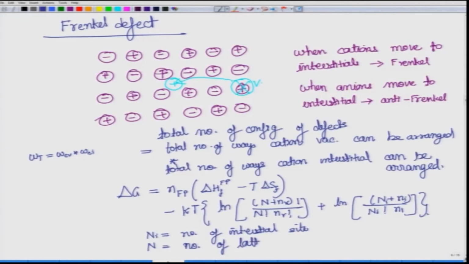Now, at this juncture we will have to make some assumption. What is that assumption that we may have to take? What is the relation between N i and N? For example, if we take a simple system, N i will be equal to N. In other cases, N i cannot be equal to N, maybe it can be 2N, 3N, or we can just let it be two different entities, N i and N.